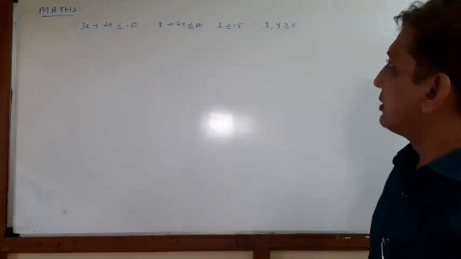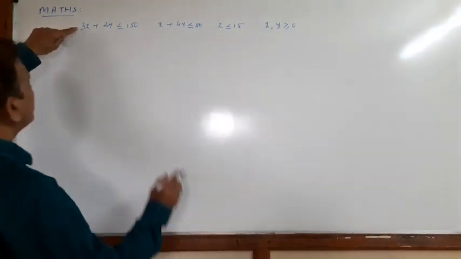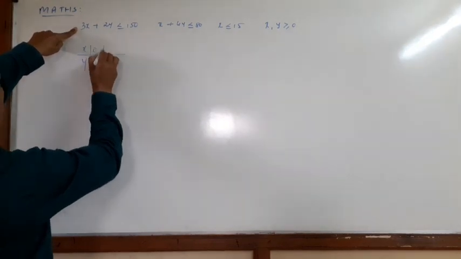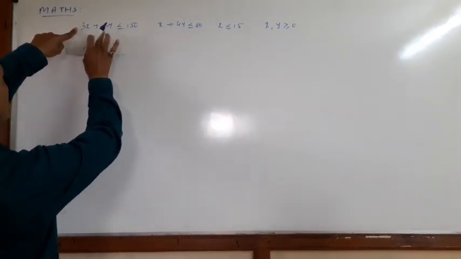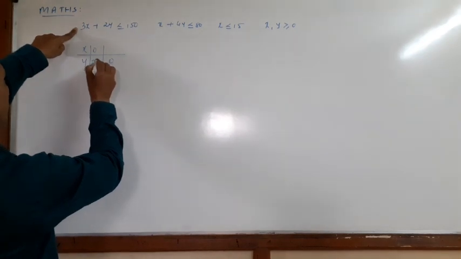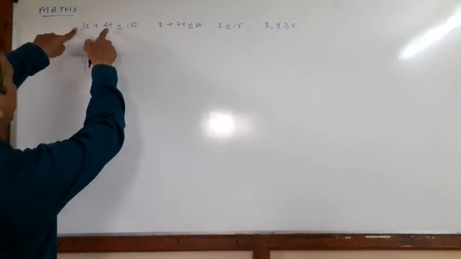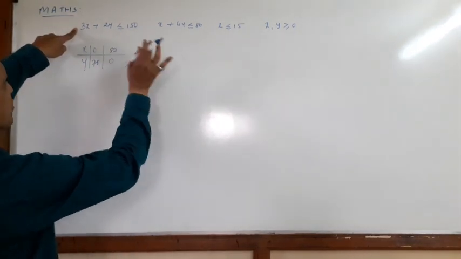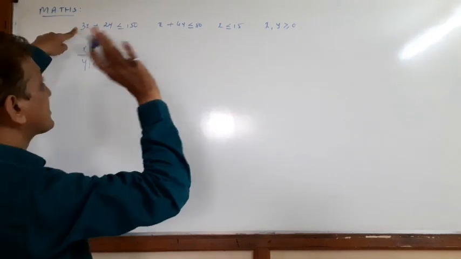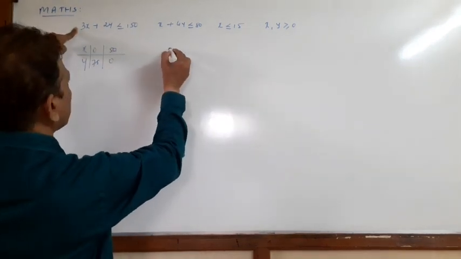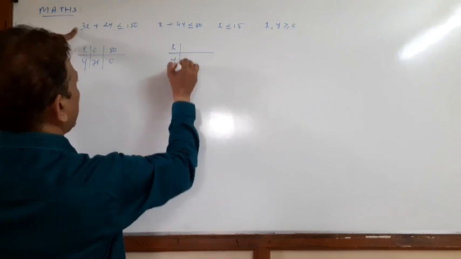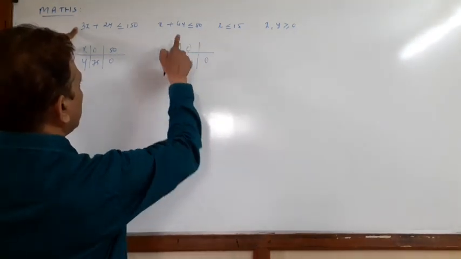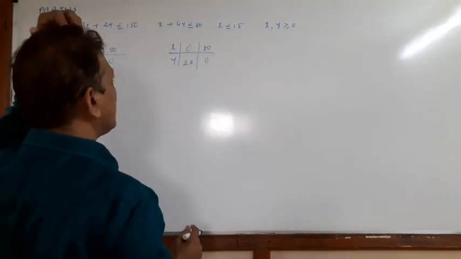Right? Okay, first we only prepare the table. First line, second line. X 0, y 0. Put x equal to 0, 2y equal to 150, y 75. Y 0, 3x equal to 150, x 50. Then we write the common intersection point. If we find it necessary, then we solve by the elimination method. For x 0, 4y equal to 80, y 20. Y 0, x 80.